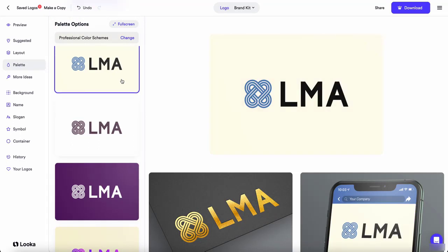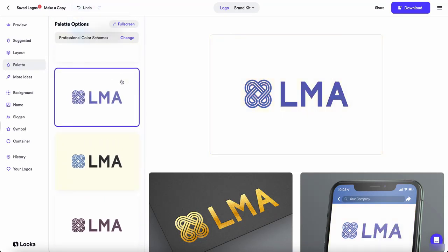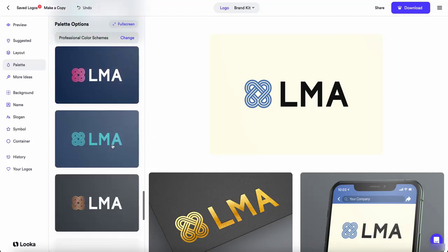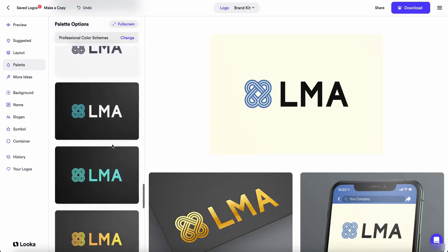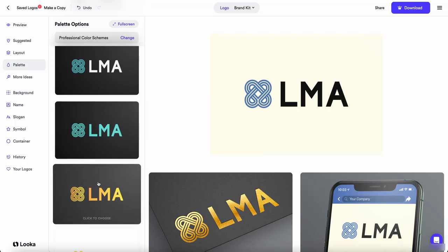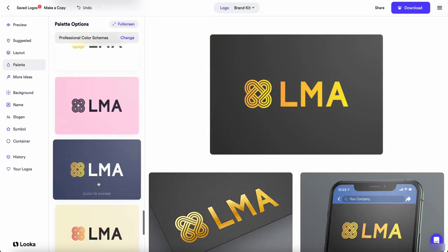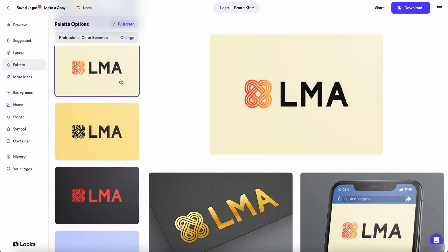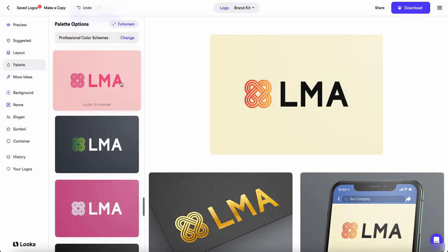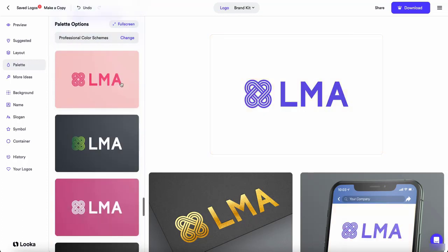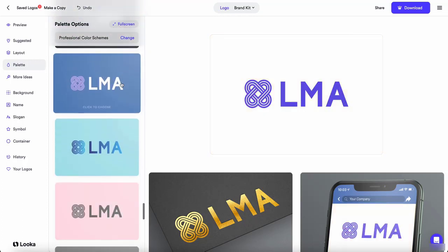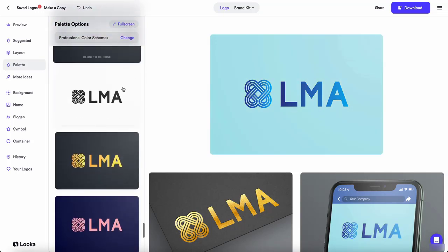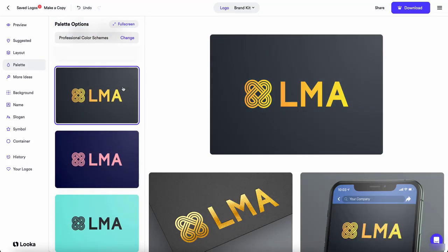But this one, let's check a little bit more. But as you can see, you can quite quickly get some good ideas for your logo. I honestly like it that so quickly you can get good ideas for a really nice logo.